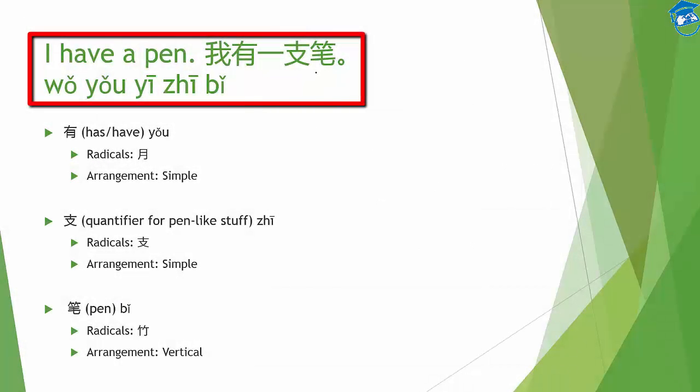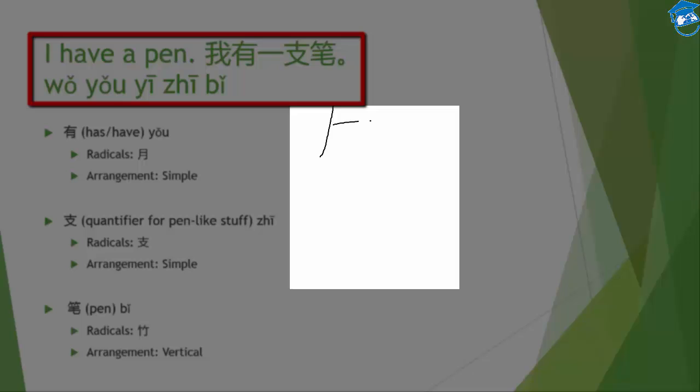Okay, the last word is pen. It is 笔. The radical is what's on top there, and the arrangement is vertical. So you have the top component and the bottom part. Okay, here's how we write 笔. 1, 2, 3, 4, 5, 6, 7, 8, 9, 10. Okay,